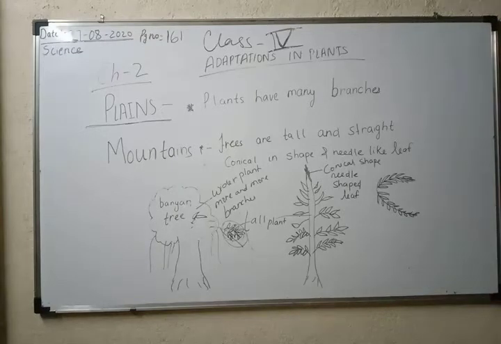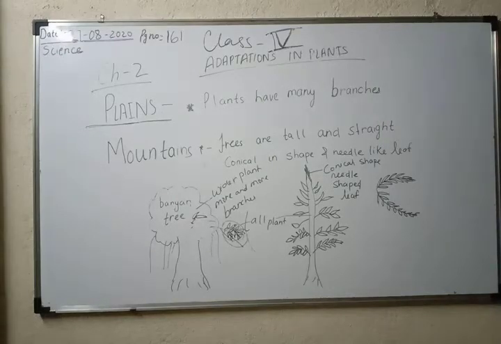Now come to the next topic. Turn the page and come to page number 160. Mountain area. The weather conditions on the mountains are generally very cold with snowfall sometimes. Yes, we all know that sometimes on a mountain area very cold weather is there, and sometimes also snowfall occurs. The plants also do not get enough sunlight, so the plants here need adaptation to fight the cold and get more sunlight.